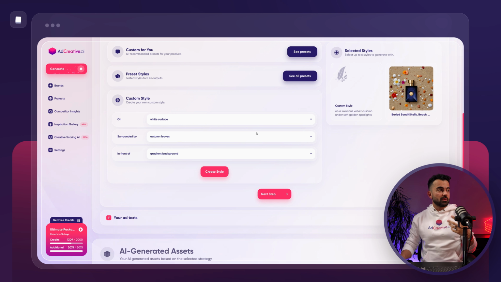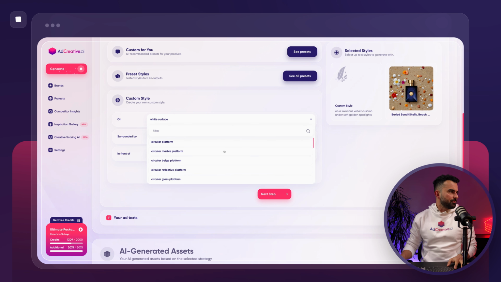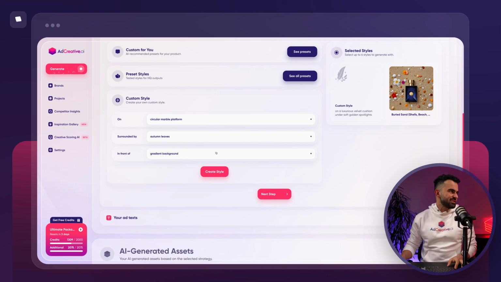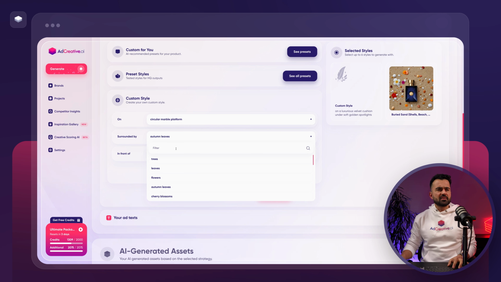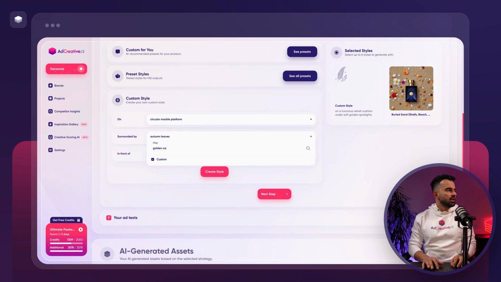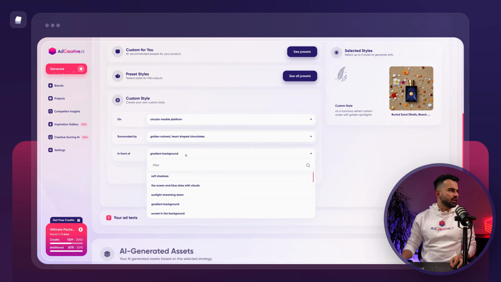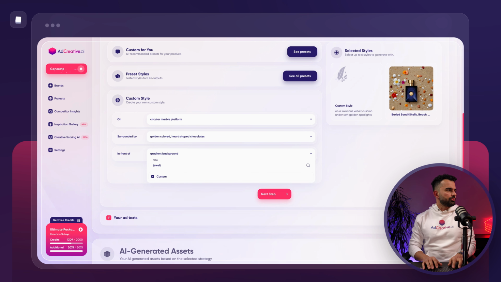because if I was doing some kind of custom photo shoot for a necklace, I would most probably go ahead and do some kind of display bust, right? So let's do that together. This is a luxury product, so I think a circular marble platform makes a lot of sense. Let's say that it is surrounded by, let's be very specific, golden colored heart-shaped chocolates. So I think that's what I want to do as a custom. And then I'm going to say that it's in front of a jewelry display bust. I think this is going to look very good for